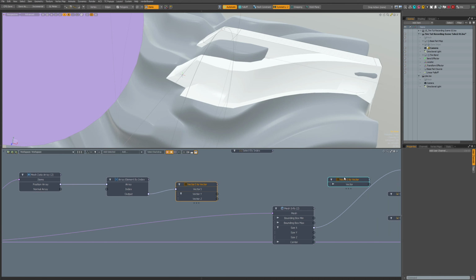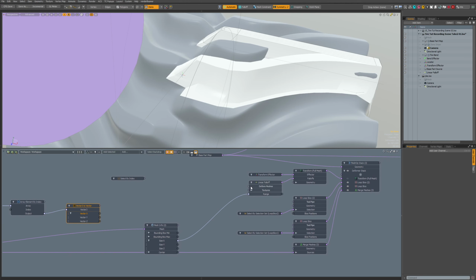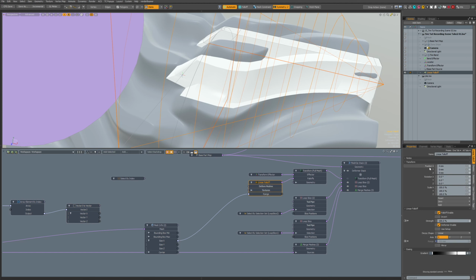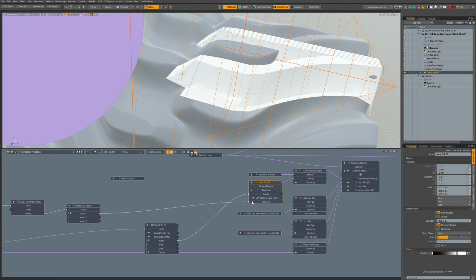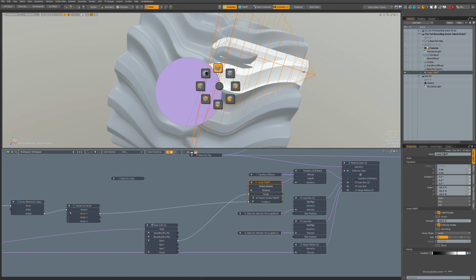And okay, I'll remove that and add it back here. And where did we need it? We need it with this falloff, and its position X will be same as this. Did it work?